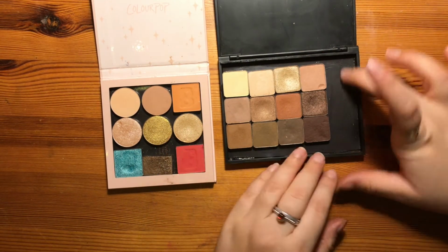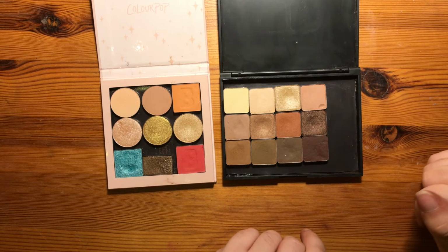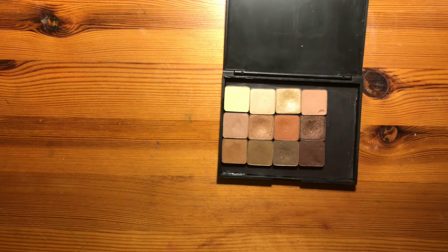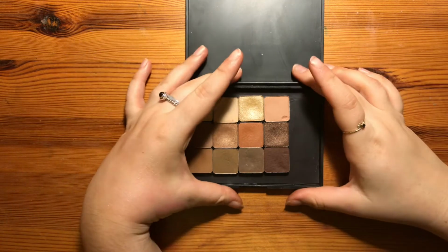I felt confident in my abilities to do this palette, my other bigger Morphe palette and my Beauty Bay palette, but I don't want to do it to palettes where I would destroy them and I probably wouldn't then use them. I think I'm going to do a video in the future